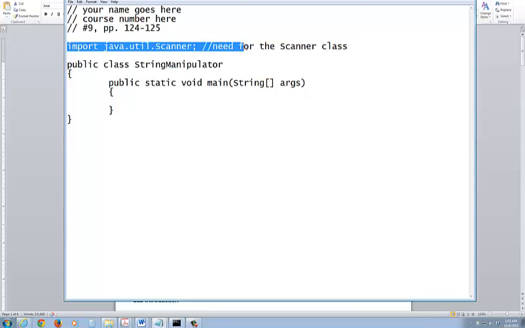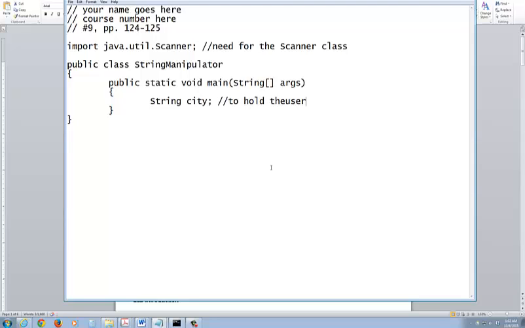anytime you prompt the user to input anything, you've got to have your Scanner class. That's the first thing. So inside of this, you need to start to think about what data type. Look, it says string for the city name. What data type do you think is good for that? Well, you need a String data type for city. So we're going to call it String city. That's one of them. This will hold the user's